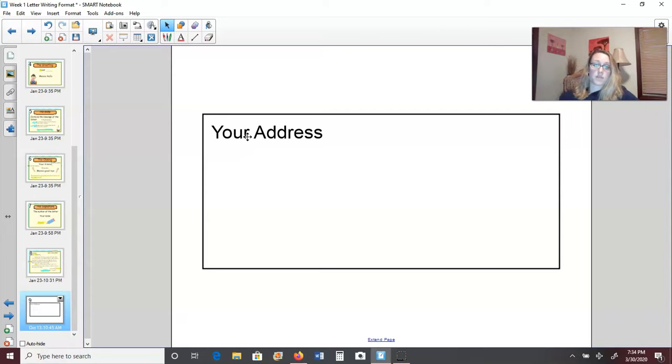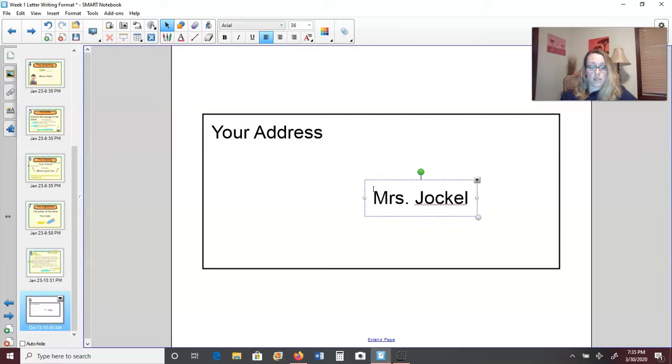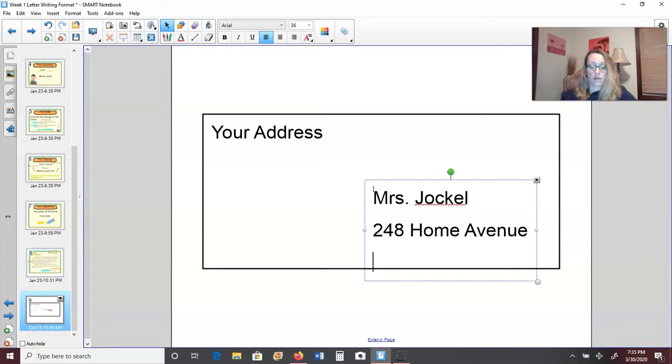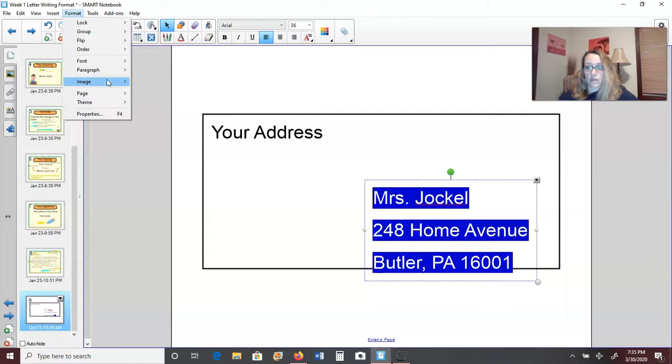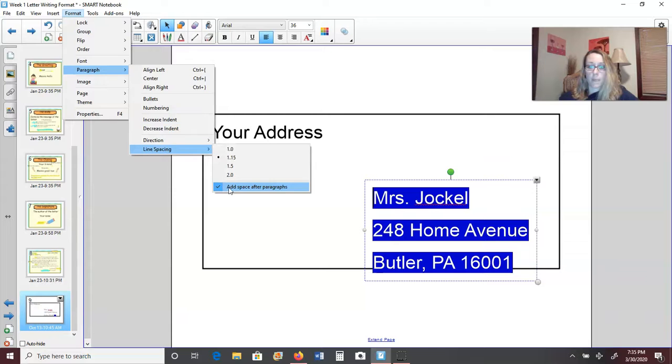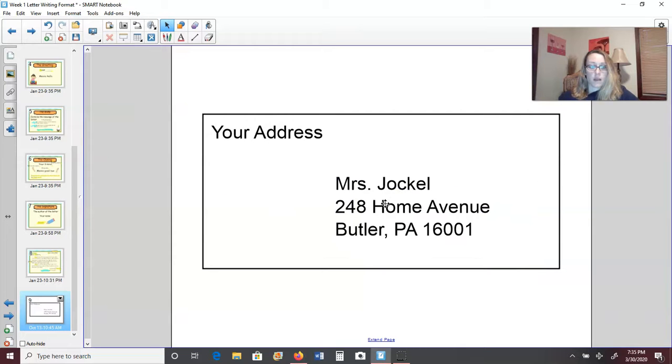So your address would go in that top left corner, and then whoever you are mailing the letter to, that would go kind of in the middle of the envelope. So let's just say you wanted to mail your letter to me. You would put Mrs. Jockel. I guess this would be a good place I could put my address in case you wanted to send me a letter. Home Avenue, Butler, PA 16001. Now, I'm just going to get rid of all the gaps there real quick. Okay, so then you would put